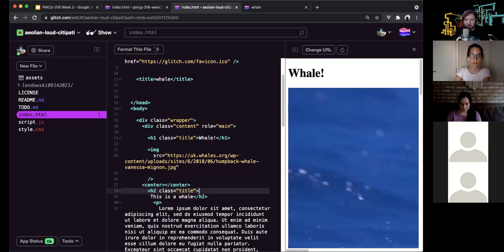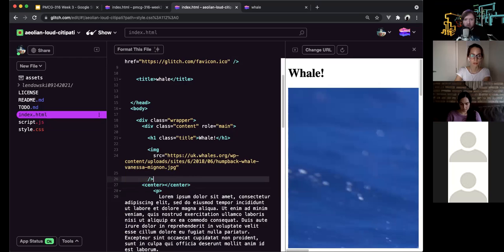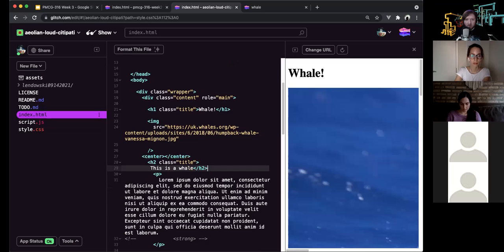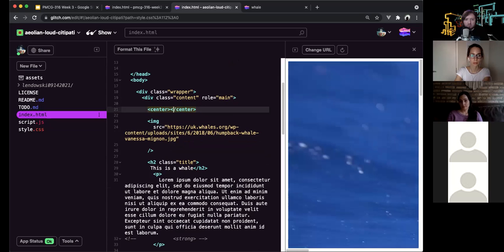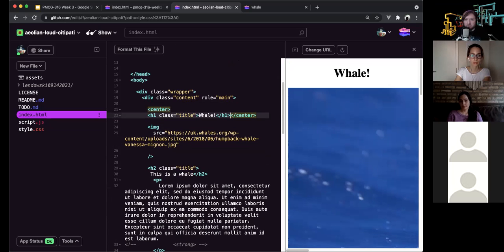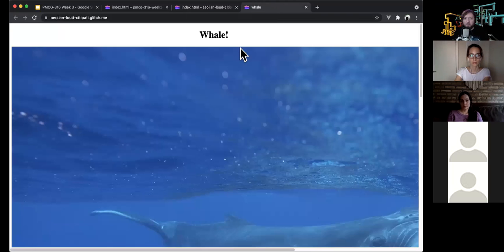If I put your H2 inside the center element, that centered the text. Mhm. But the thing is,